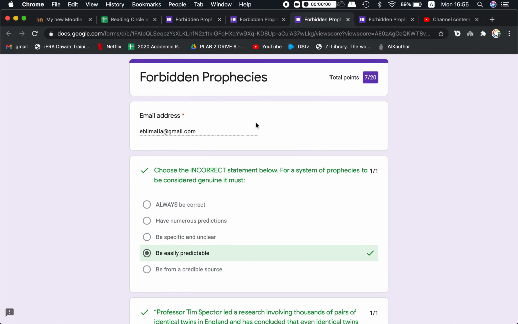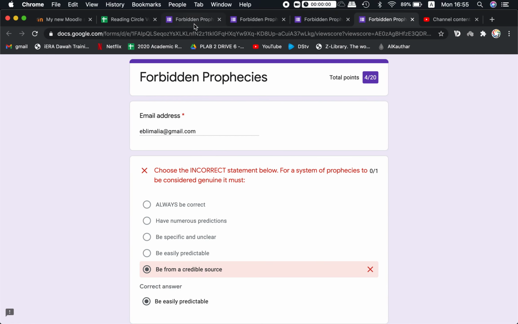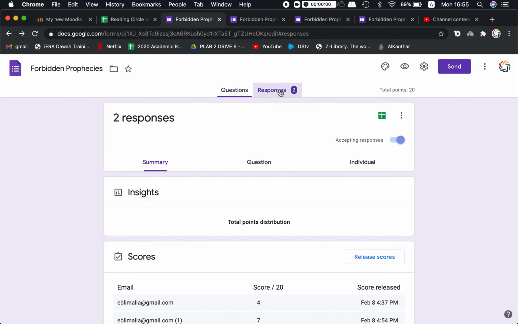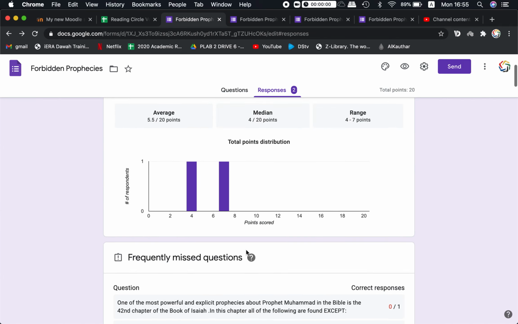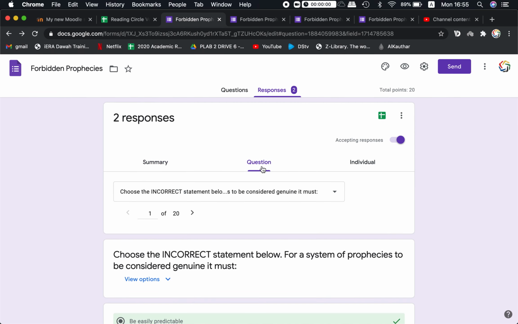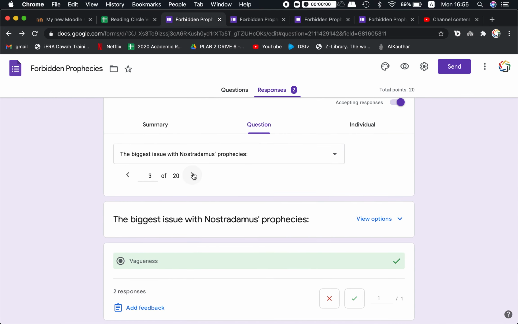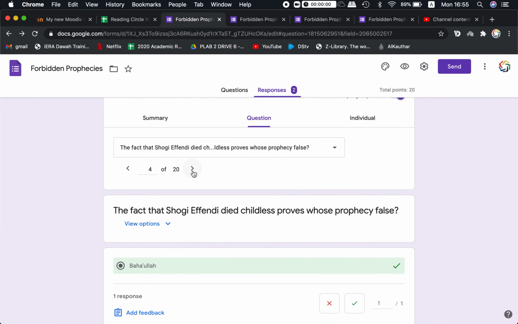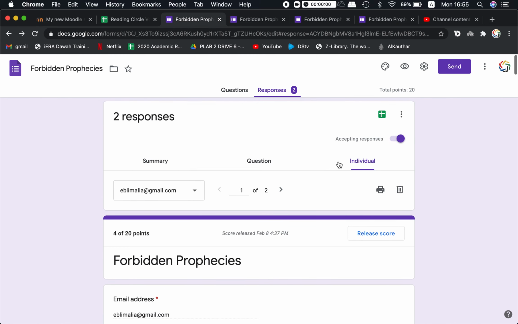Okay, and let's see how this is viewed by the person who's created the test. So when they come to responses, there's 3 options in responses: summary, question, and individual. Summary gives you an idea of how everybody did in general. So here we've seen the average and whatever. This page isn't too important. When you go to questions, this gives you a view question by question. So you can see if there's any question that people were struggling with in general. But yeah, this is one of the more important ones, the individual, where you can